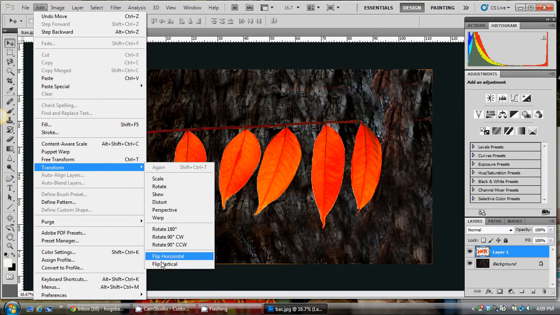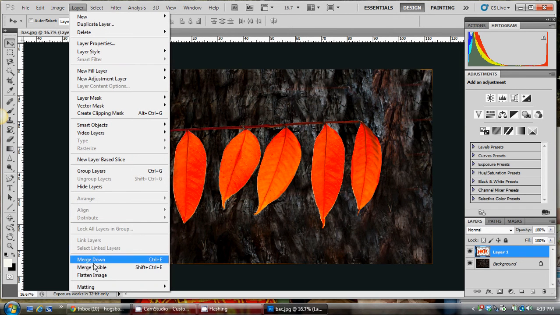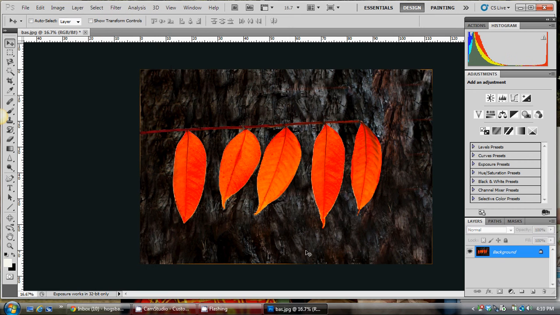There are any number of selections that we can do. We don't want to do anything, so we just remove that. And the last step would be to go to Layer and Flatten Image, and now you have your final photograph, which is now ready for further editing as you would do with any other